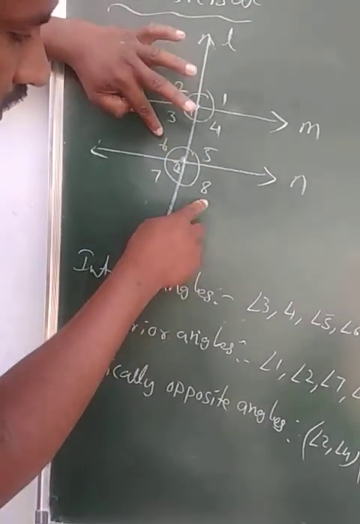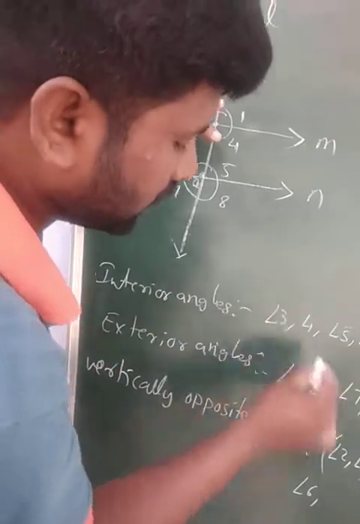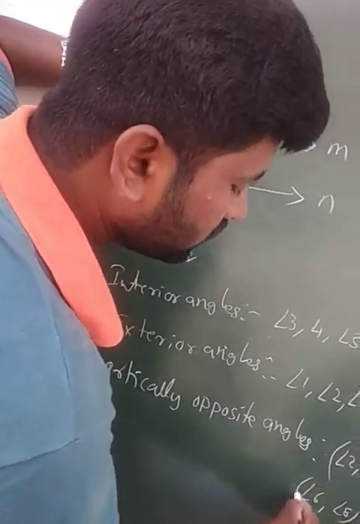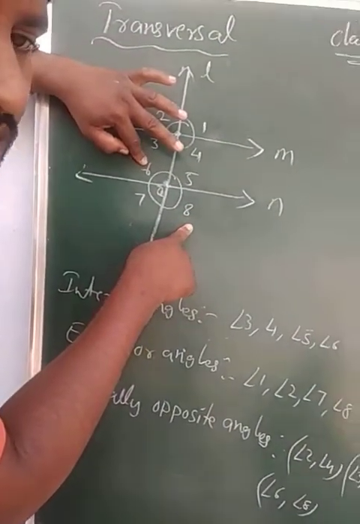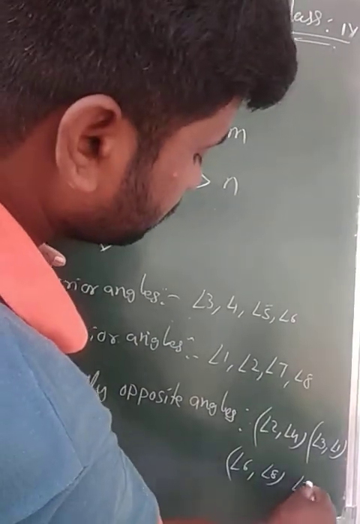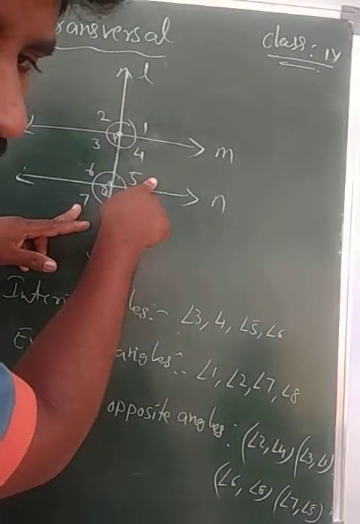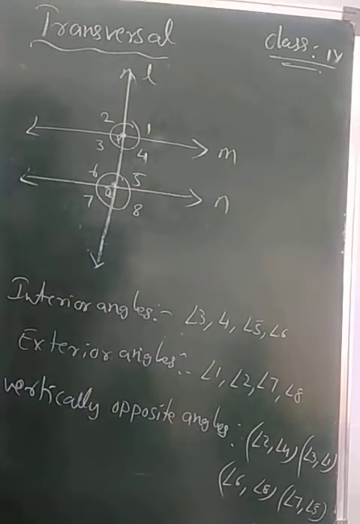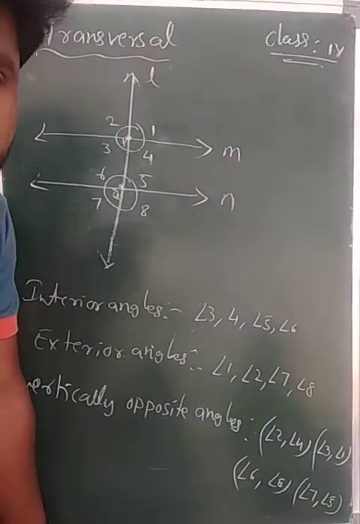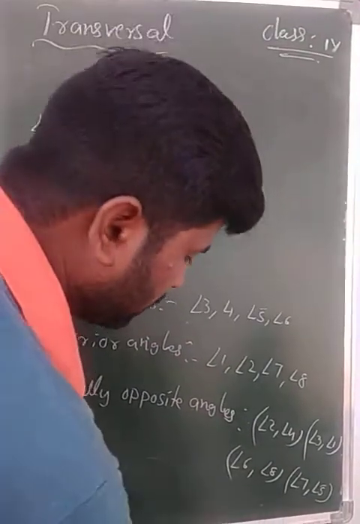Similarly, angle 6, angle 8, these two are vertically opposite angles. Like that, angle 7, angle 5, these two also are vertically opposite angles. We know that each pair of vertically opposite angles are equal. Okay, now